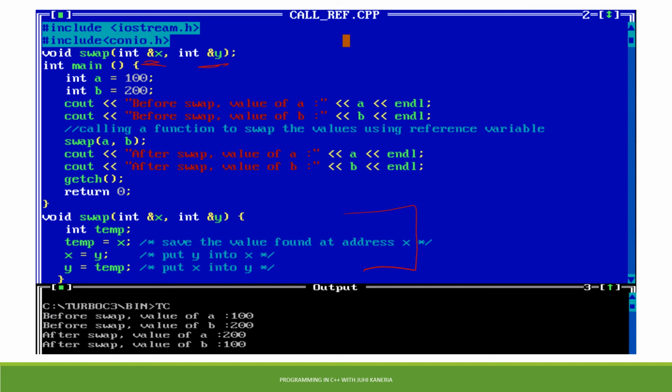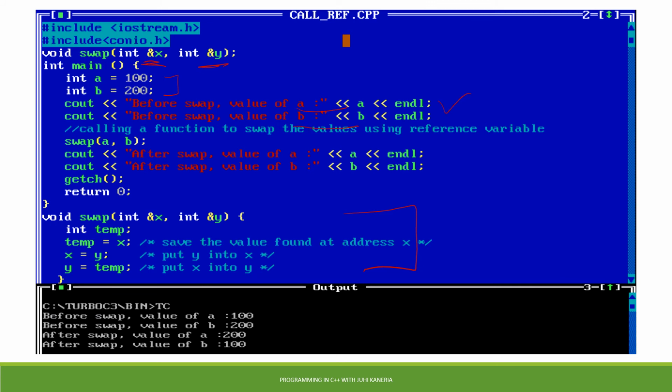Now let's see what difference has been made by using this call by reference. Let's say a and b are having 100 and 200 values respectively. Both are integer variables. Now before the swap function, I am just printing the values of a and b over here.